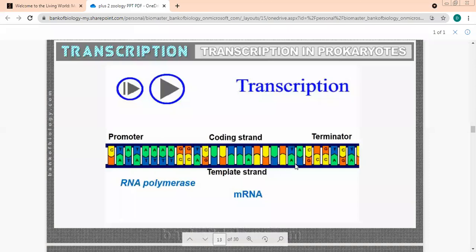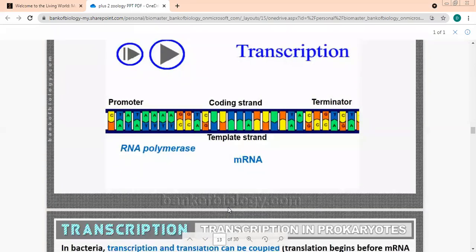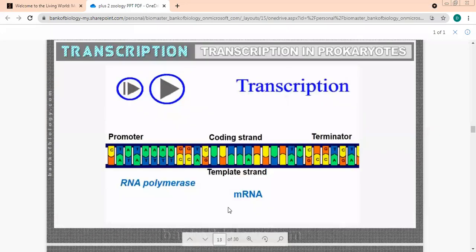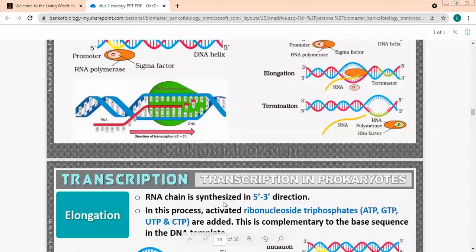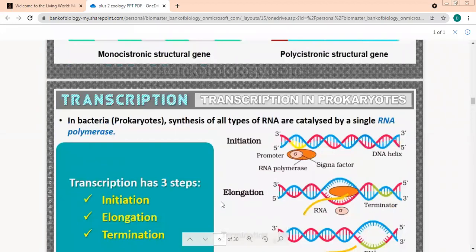See, RNA polymerase is here. mRNA. Which RNA is made now? mRNA. But I told you we could have mRNA, rRNA, or tRNA. So this is simple. We talked about this, but the next one is going to be a little typical. In this, we had only one enzyme playing the role. We did transcription in prokaryotes today, beta. In prokaryotes, we don't need many enzymes. Just one enzyme is sufficient. Okay, DNA-dependent RNA polymerase. What was the name of the enzyme? DNA-dependent RNA polymerase.